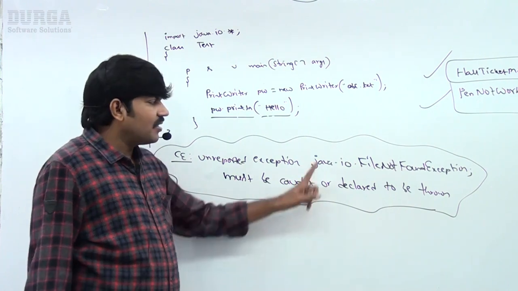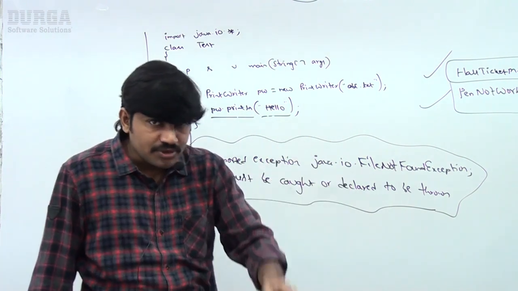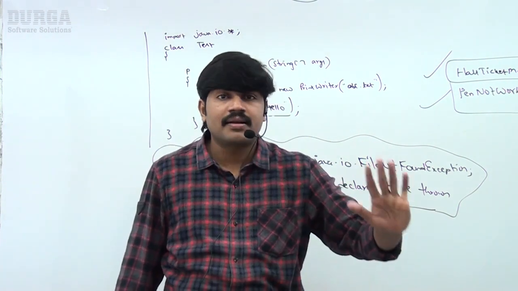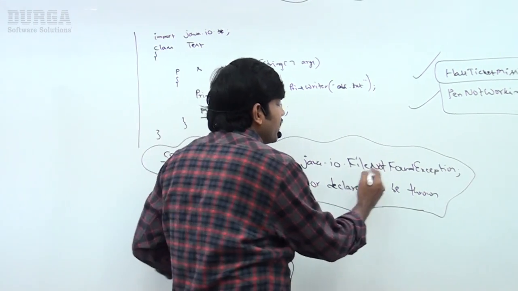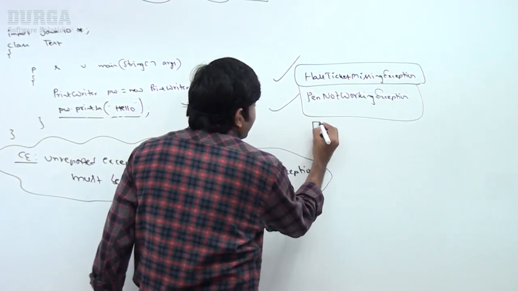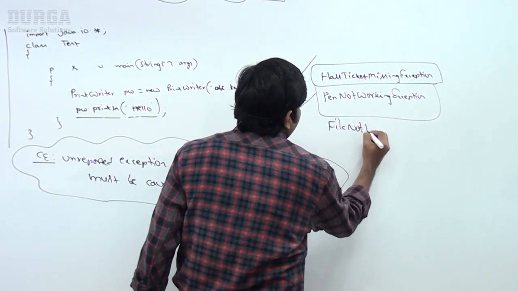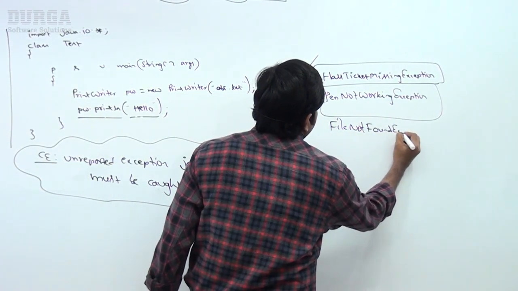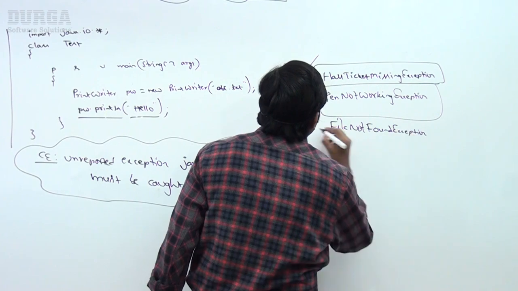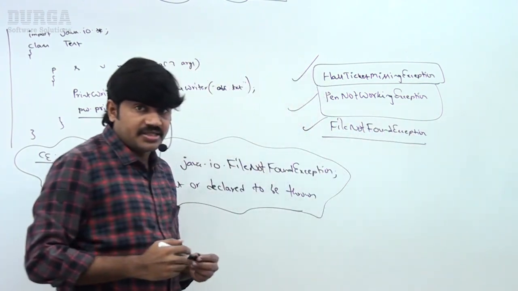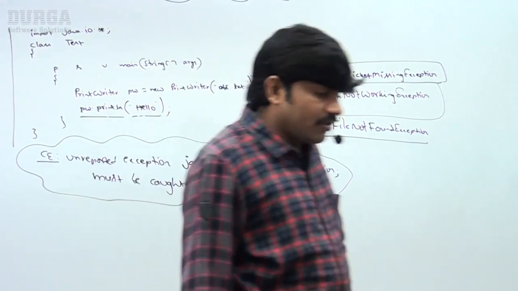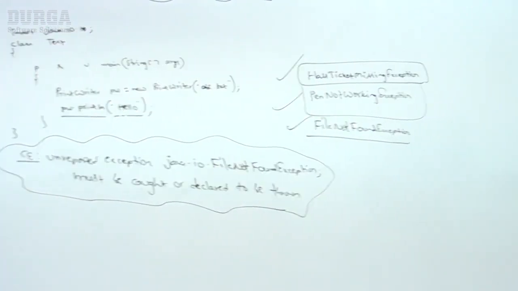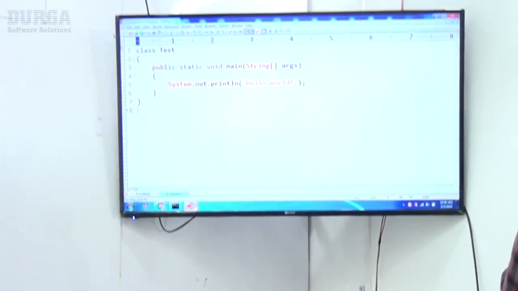So it means that for FileNotFoundException, whether you are handling or not handling, the compiler is checking, right? That's why FileNotFoundException is considered a checked exception, sir. FileNotFoundException is the best example to understand what a checked exception is, right? Let me execute this code. Let me show this compile-time error. Have a look once, sir. Very simple terminology here.